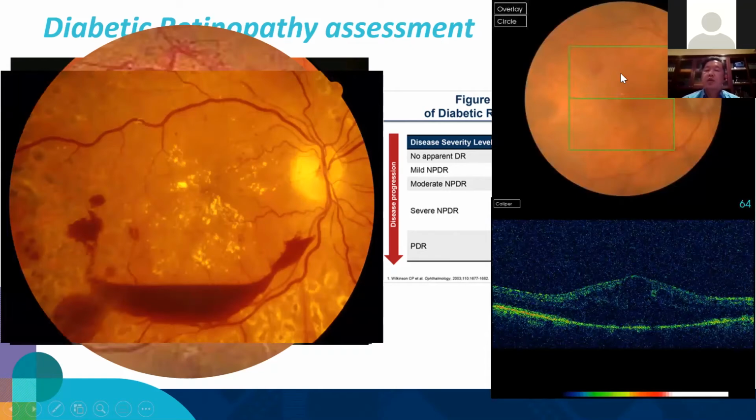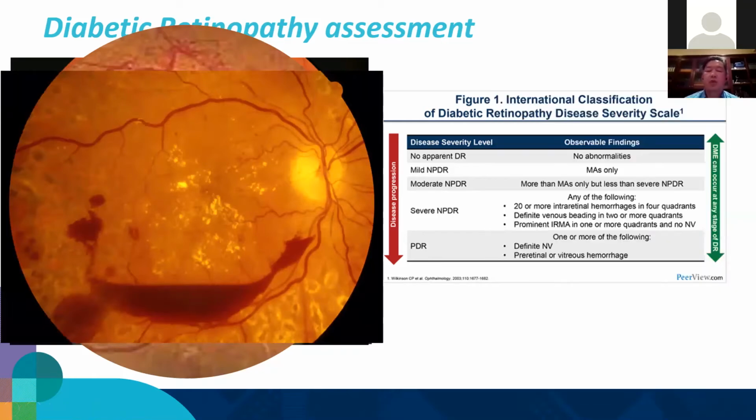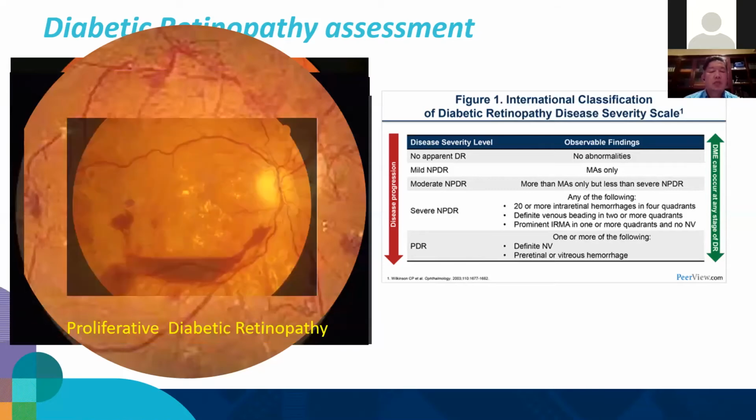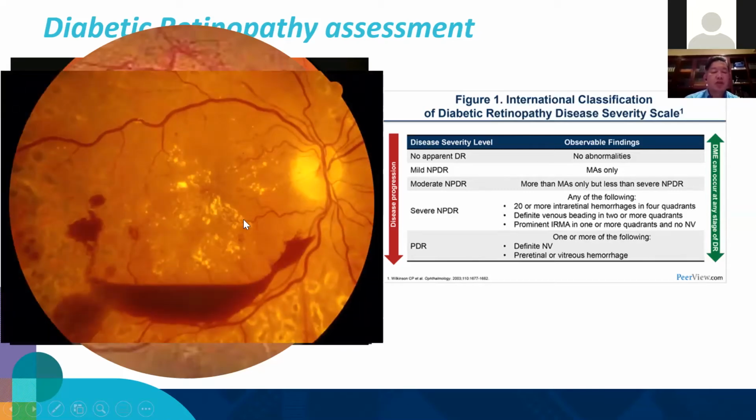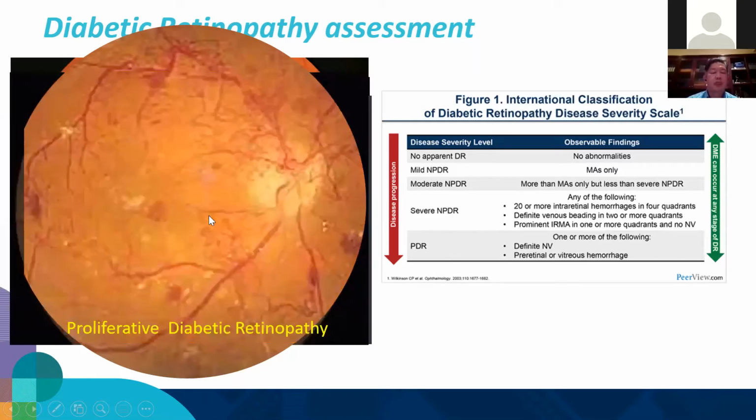But you can see here the diabetic retinopathy doesn't have to be too bad. Here this patient's sort of minimal to mild diabetic retinopathy. This patient here has got a vitreous hemorrhage, and the macula is here. So the lipid is coming very close to it, but clinically it's very hard to work out what's going on. You probably will need an OCT just to determine whether or not the macula is being affected or not.